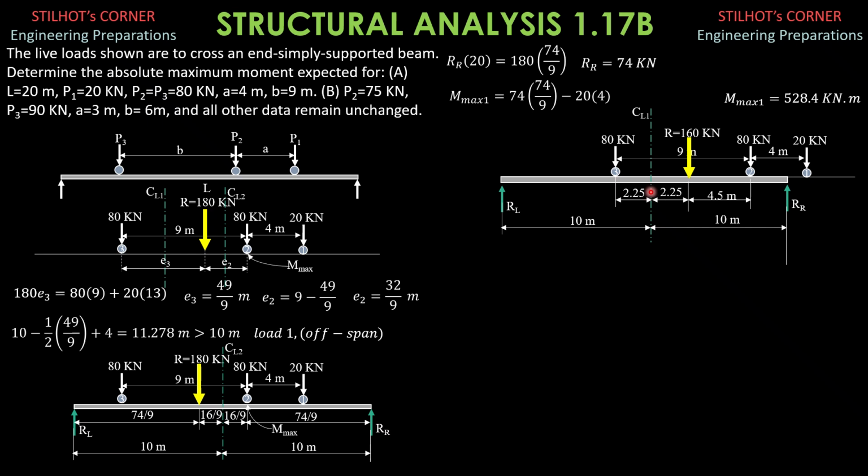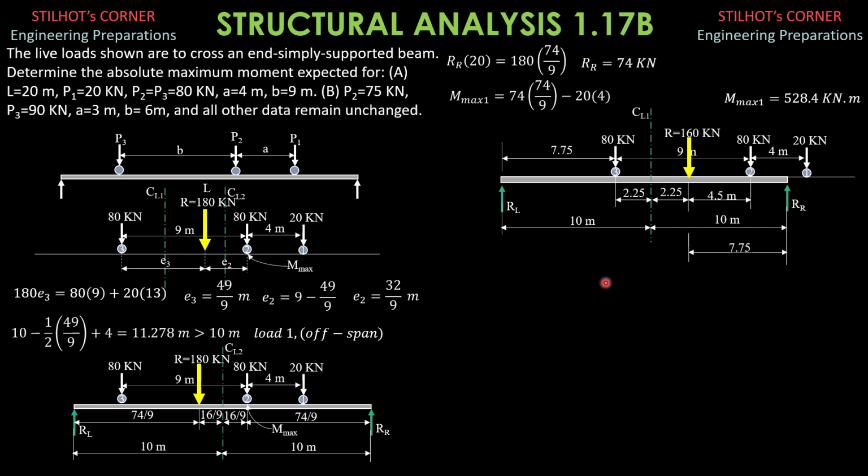There's no need to solve for that distance because the two loads on the beam are of equal magnitude, so the resultant would be in between them, 160 kilonewtons, 2 times 80, and the center line of the beam by principle would be half of 4.5, so 2.25 meters from load 3 and from the resultant. So therefore, this distance is 10 minus 2.25, which is 7.75 meters. R is also 7.75 meters from the right.